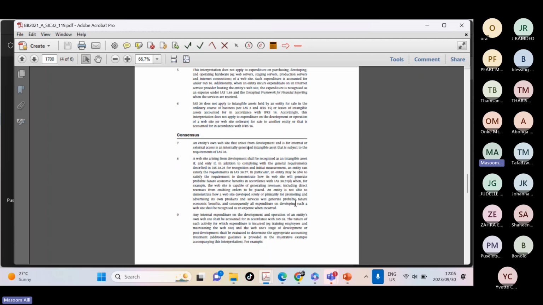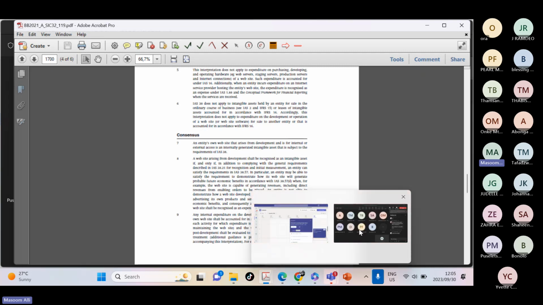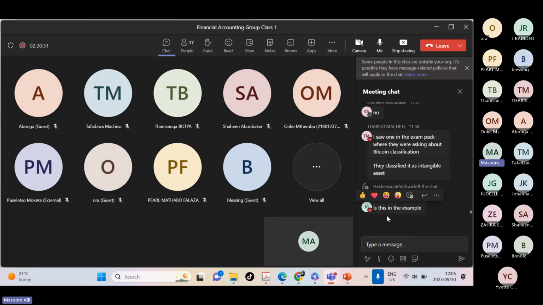Okay, good. Now from here, step 2 is to say whether the asset is for internal use or for external use. You must specify that, okay? Is the website for internal use or external use? Is this in the example? It's in the standard, so you'll find it there in your handbook. So I want to go through the one in your handbook, because then at least you can refer to it, because then you have it with you, okay? So step 2 is the